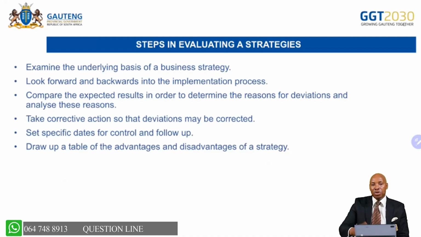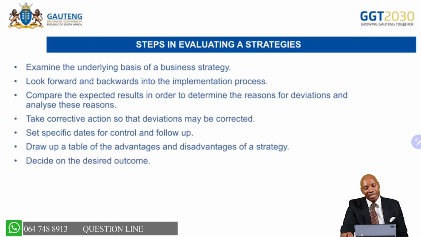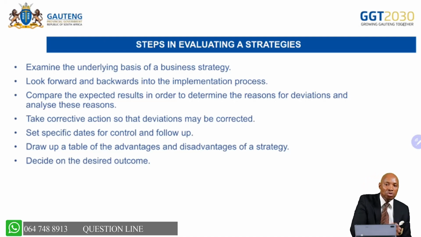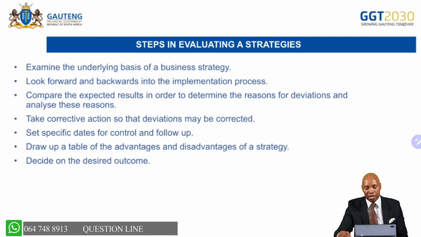But then when you start evaluating, you realize, no, my profits are not increasing. Then there is a deviation. Then what could be the reason for deviation? And you analyze those reasons. Right, then the other one, decide on the desired outcomes. Because as you are coming up with a strategy, you want to achieve certain outcomes. You are not coming up with a strategy for nothing. The desired outcome is to increase our profit by 5% in the next 6 coming months.